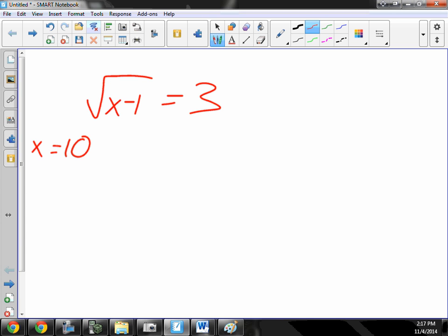So algebraically, we just pick it apart one step at a time, and the way to undo a square root is to square. So I'm going to square and square. So I get x minus 1 equals 9. I'm going to add 1, and I get x equals 10. But,